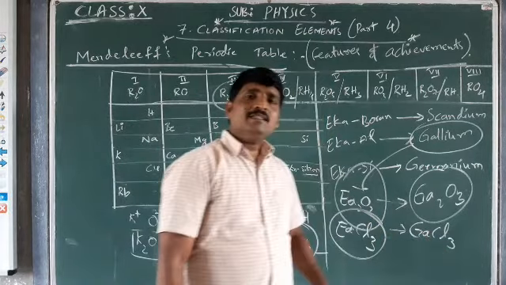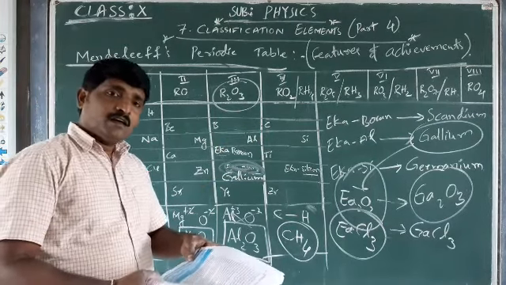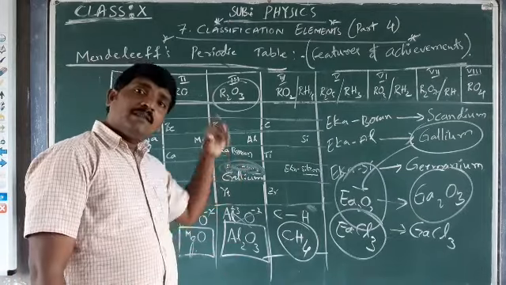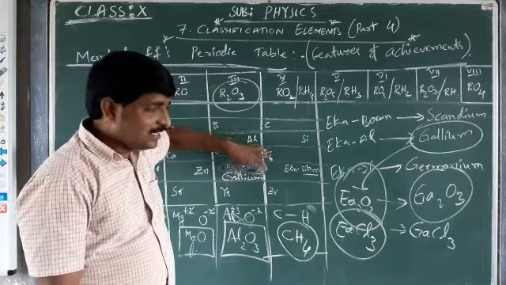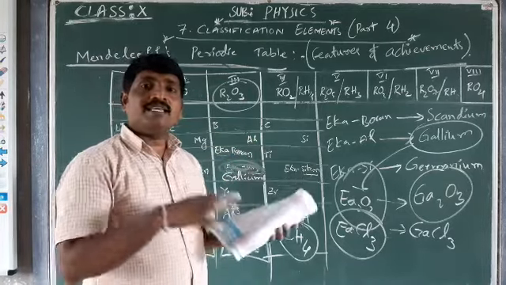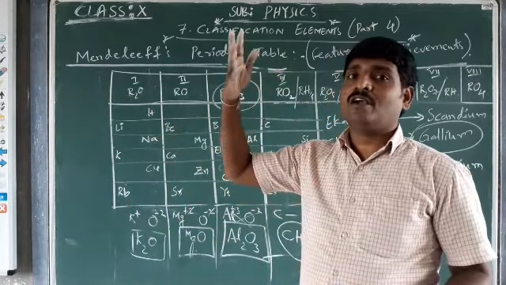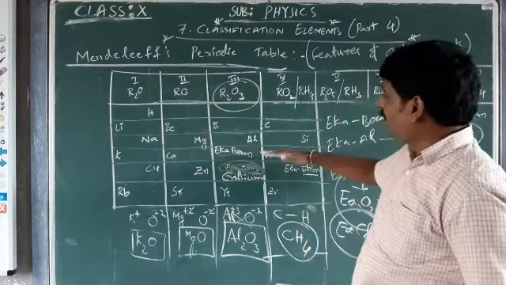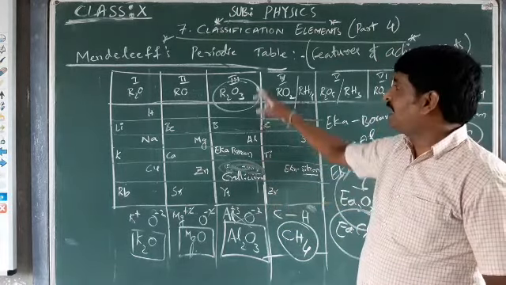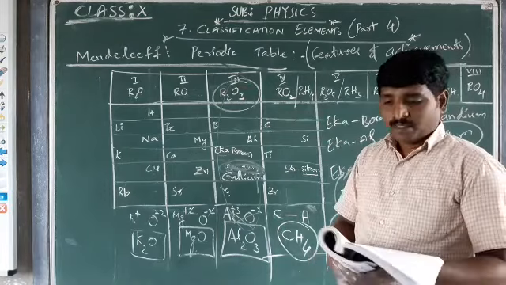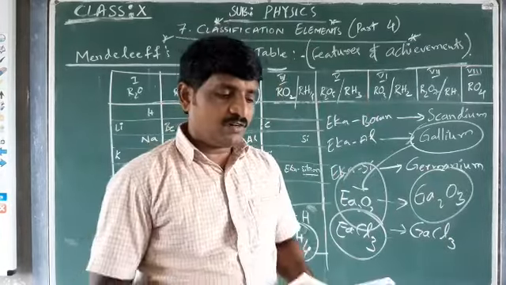Before gallium was discovered, the atomic weight, density and oxide formula had been predicted by Mendeleev, who left some space. After gallium was discovered, as it sits in this place, it possesses the same properties. See how intelligent Mendeleev was. Before the discovery, he thought there would be some element to be discovered with these properties, and after gallium was discovered, it sits accurately there with the same properties of the third group. Now, one more feature is the correction of atomic weights.